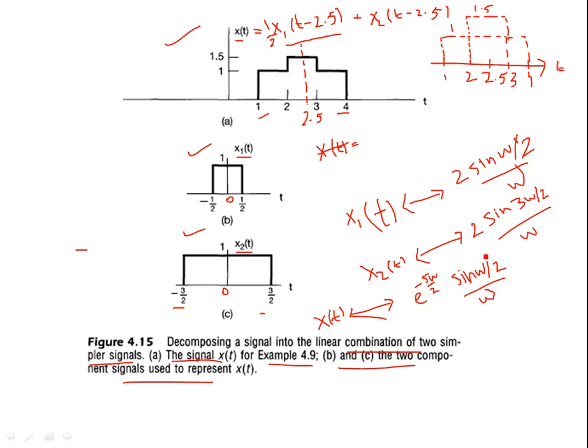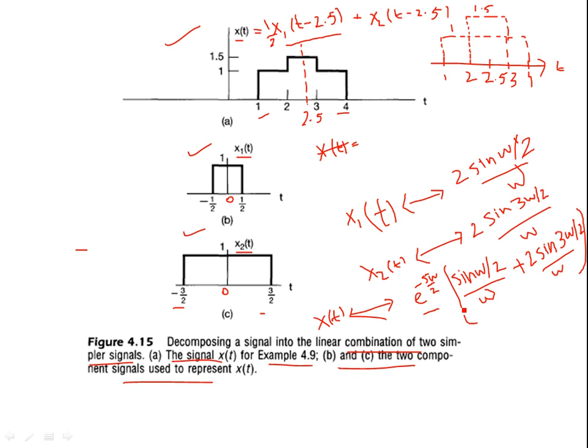For x2(t), we have the same shift. So perhaps you can take this out of the expression, and by linearity, you just have to add the Fourier transform of the second signal, which is shifted the same way, so the exponential is common to both. The shift is the same, 2.5. So in the phase of x(t), we'll have minus 5 by 2 omega, which is a linear function of frequency. It's just going to add to the phase, but the magnitude response stays the same. There's no alteration in the magnitude response.